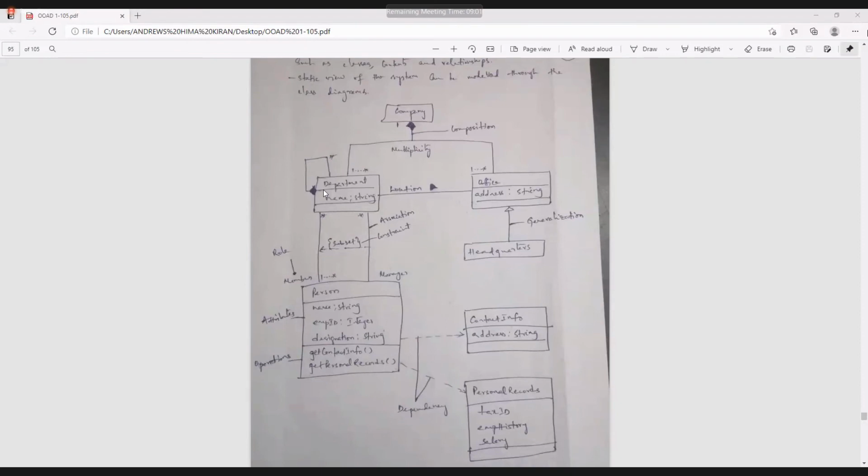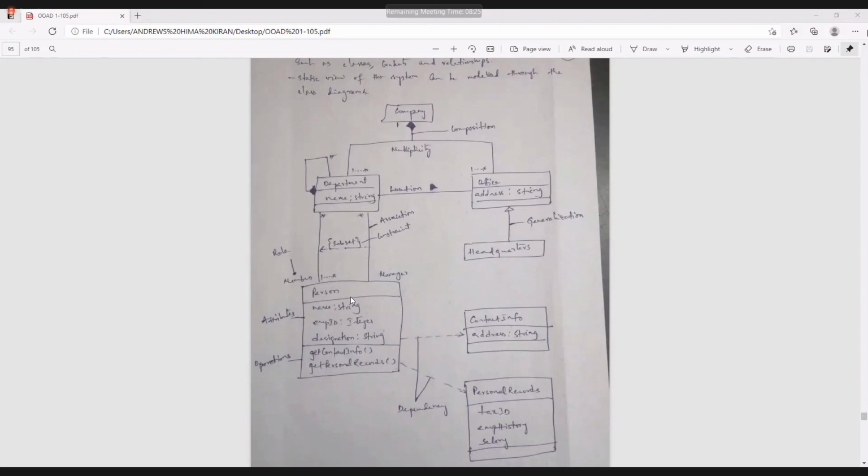For example, in our college, if you consider the CSE department, there are 4 sub departments. The first one is AI and ML, artificial intelligence and machine learning. The second one is DS, that is data science. The next one is IoT, Internet of Things. And the fourth one is CS, that is cyber security. So these 4 are considered as the sub departments in the main department, which is called computer science and engineering. And in between department and person, there is an association represented.